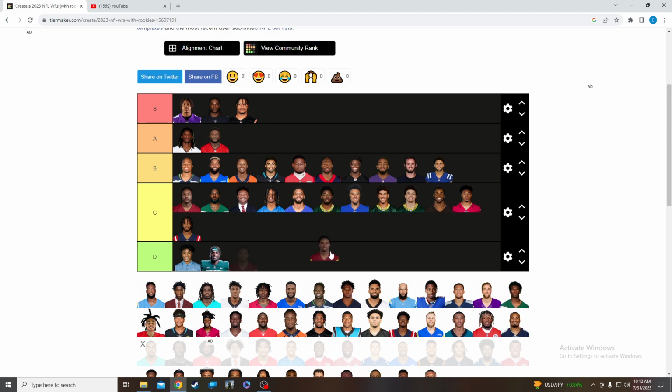I think this is Jahan Dotson. So I think Jahan Dotson's a B grade wide receiver. I actually like him better than these guys. This guy who's undersized, but he can do a little bit of everything. He's actually not bad at contested catches too. He's shown flashes of being tough and going up and getting the ball, but he's mostly get him in space, plays after the catch. He could win downfield with his speed, get him on crossing routes. He could do a lot of different things. Gadget player. I think Jahan Dotson actually might have a breakout season this next year across from